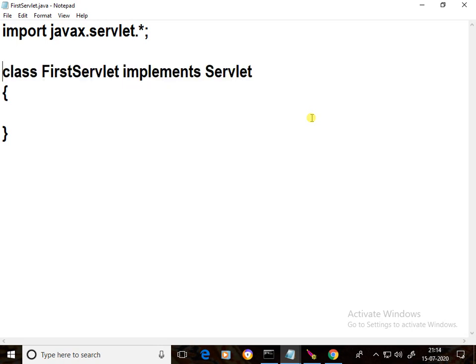Instead of that, there is an alternative way: we can extend GenericServlet. If you extend GenericServlet, you need to override only one method, that is the service method. The service method is mandatory, remaining methods are optional; you can select according to your requirement.